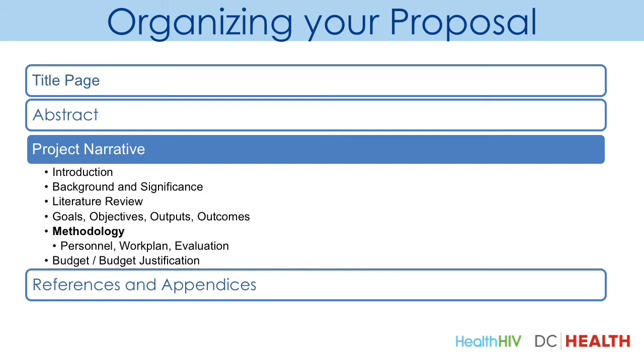This section helps you to provide the funder with the opportunity to make a clear connection between the objectives and goals that you have set and the outcomes that you hope to achieve. A well-written methodology section will help funders to more clearly picture how you will be able to accomplish objectives that have been set forth in the proposal. By demonstrating your capacity to be able to effectively achieve results, as well as your capacity to obtain any desired outcomes, you will have a greater likelihood of securing the funding that you require.